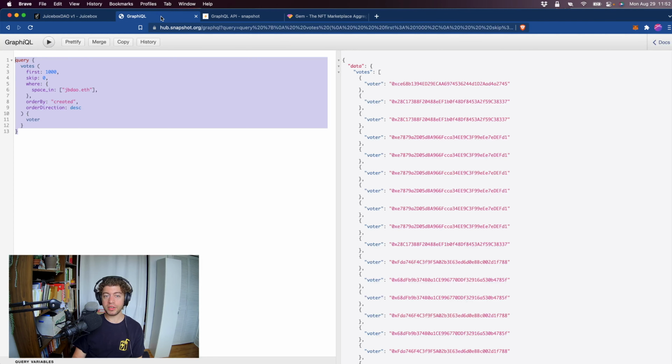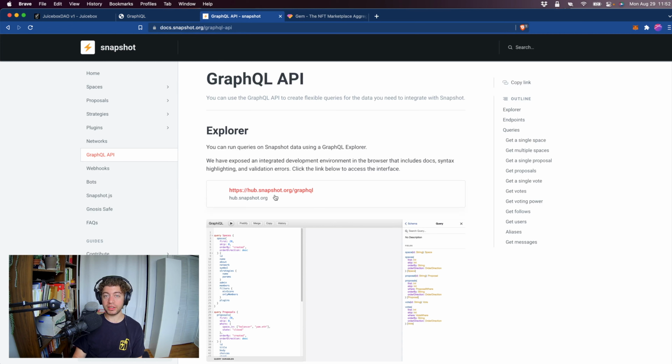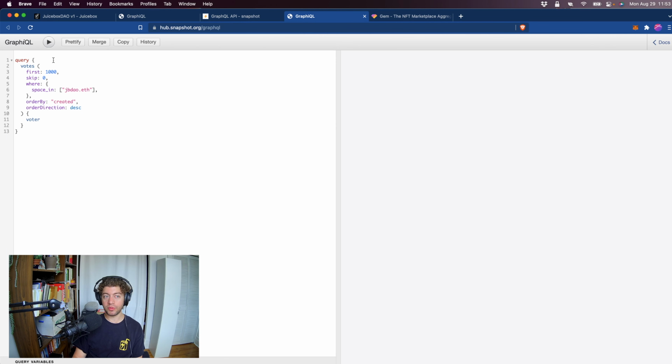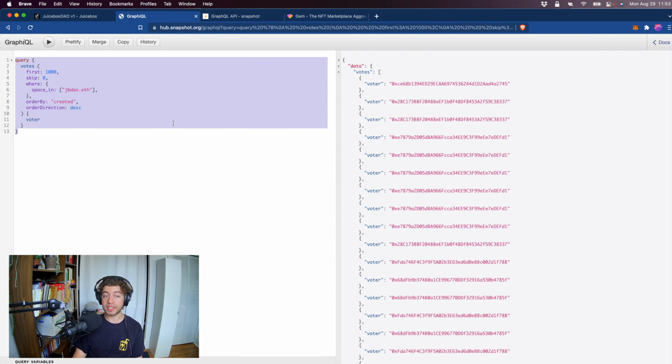And instead, I'm going to take a look at Snapshot. So Juicebox.DAO uses Snapshot to do governance votes. So I'm going to collect the addresses associated with prior Snapshot votes. So basically everybody who's voted in Juicebox.DAO in the past, I'm going to create a list of all those addresses. The easiest way to do that, right now at least, is to go to docs.snapshot.org/GraphQL-API and open this link here, which gives you a GraphQL interface in order to make queries using the Snapshot